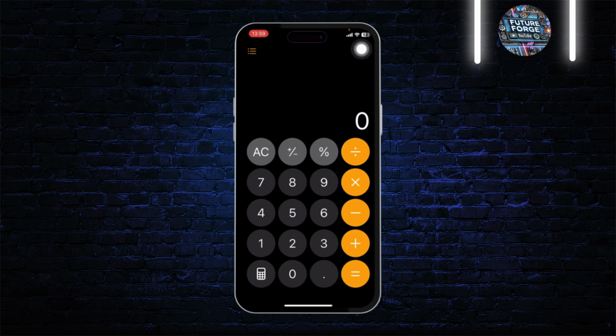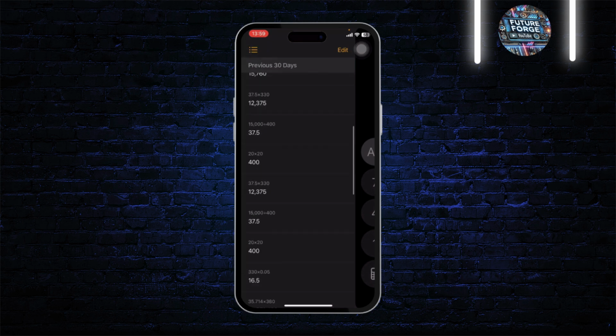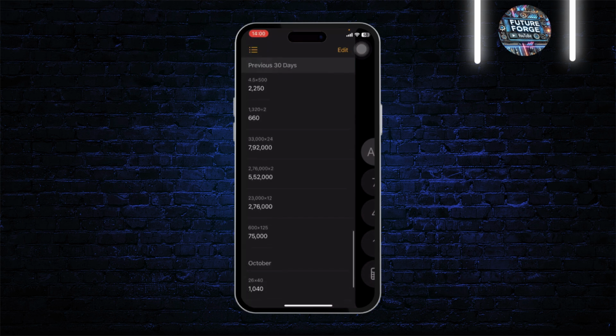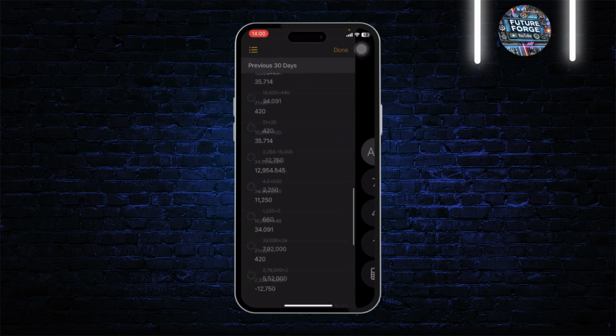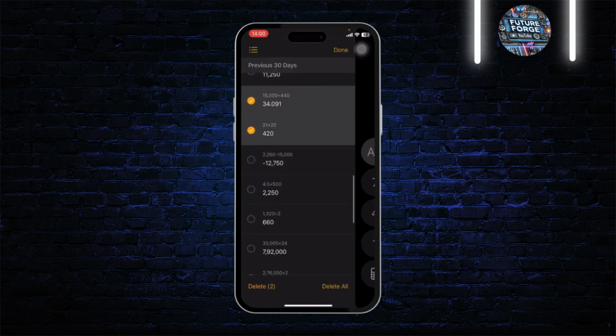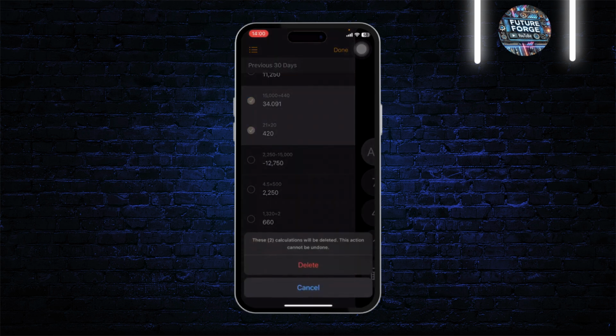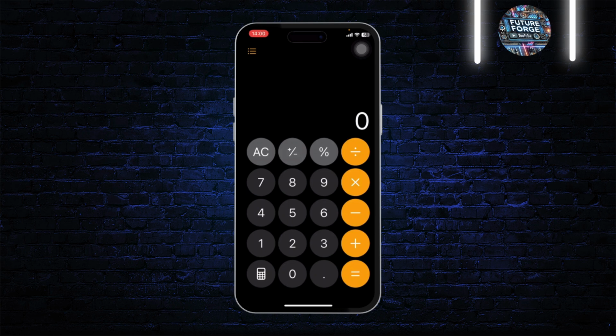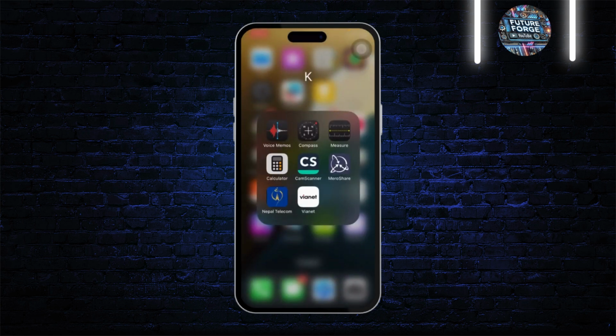So what you'll need to do is tap on these three lines on the top left, and there you will see all of the history of your iPhone's calculator. You can see up to 30 days of history, and you can even edit this. You can tap on these and delete these here. And yeah, that is how you can view history of your calculator on your